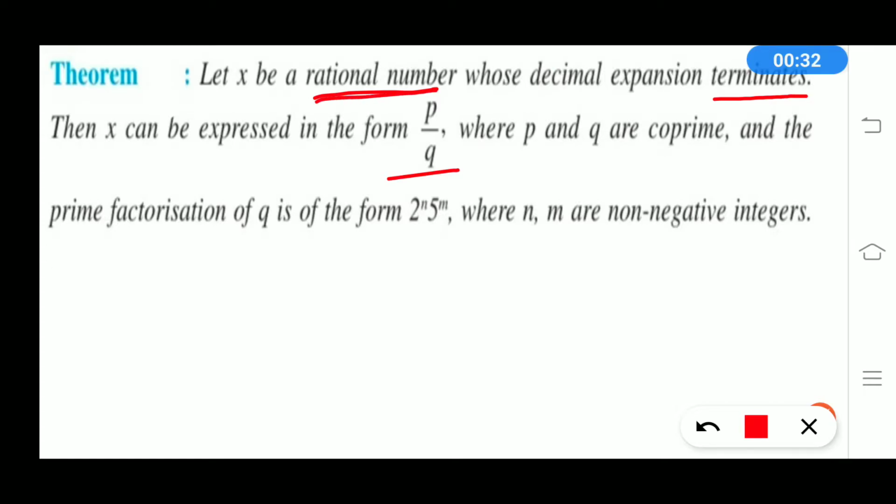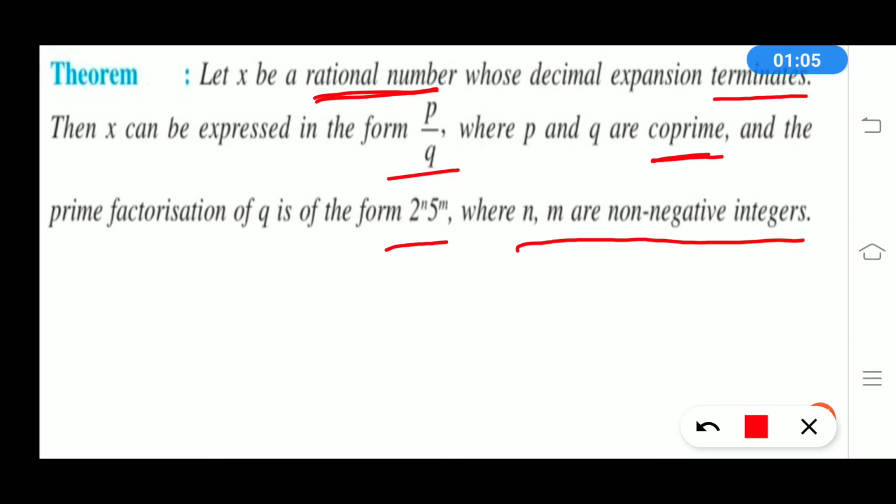Since x is a rational number, x can be expressed in the form of p by q, where p and q are co-primes. Underline co-prime. And the prime factor of q is of the form 2 to the power n into 5 to the power m, where n, m are non-negative integers. That means if x is any rational number whose decimal expansion terminates,